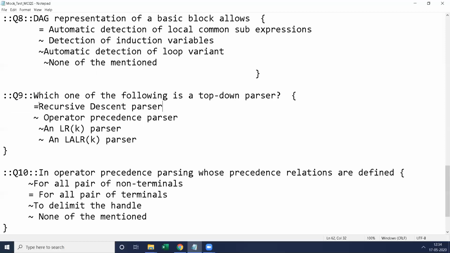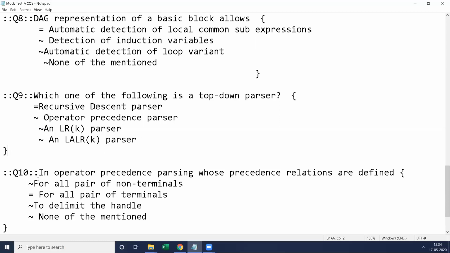After that, again, we will take the list of all the choices: choice 1, choice 2, choice 3 and choice 4. Choice 1 is the right choice, so it is preceded with the equal to operator. All the remaining choices are wrong choices, so each wrong choice is preceded with the tilde operator. Likewise, after specifying all these things, we will close this list of choices with the close bracket.